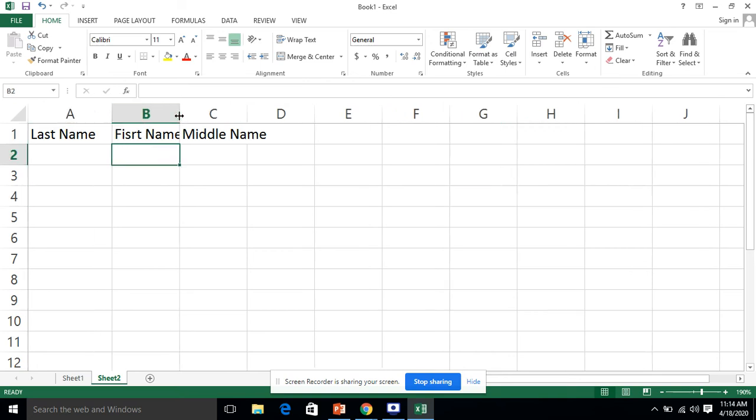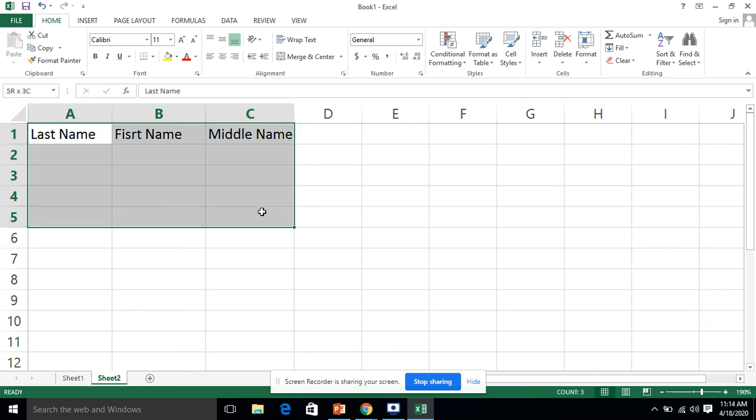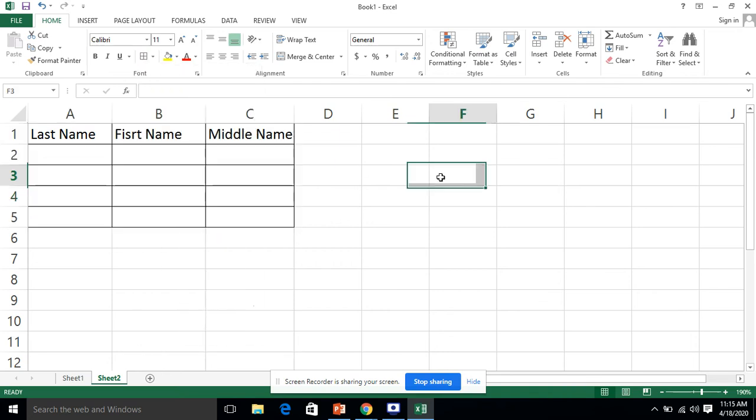Now we increase the length a bit. I'm going to take four records and apply all borders. In the last name, Chaudhary.